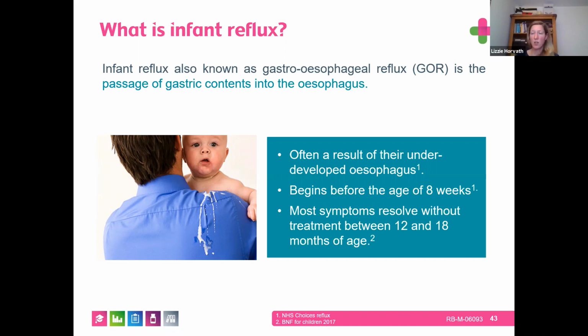The symptoms usually start before the age of 8 weeks, but in the majority of cases it does resolve without treatment within a few months, definitely by 12 to 18 months of age. But of course, it's quite concerning because the baby might bring up quite a lot of the stomach content, and the parents might be worried that the baby won't be developing well. So in those cases where they need additional support to manage gastroesophageal reflux in babies,